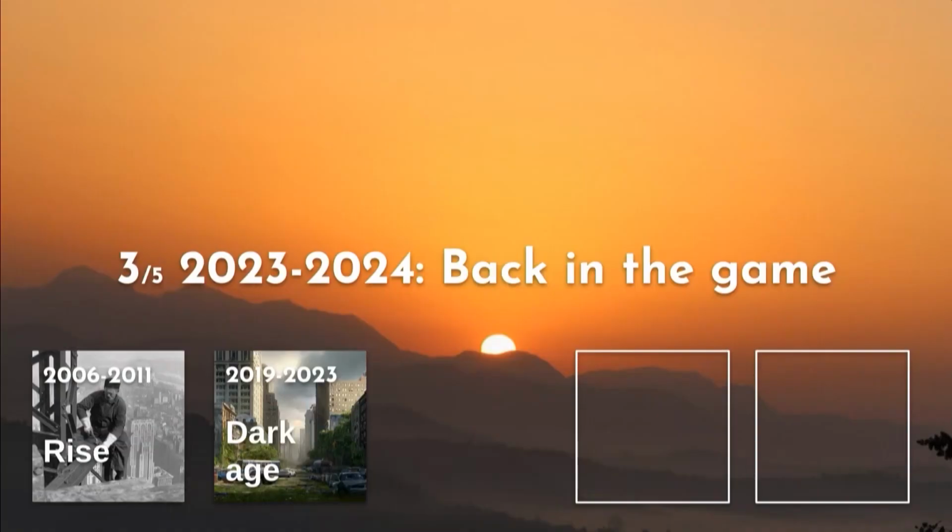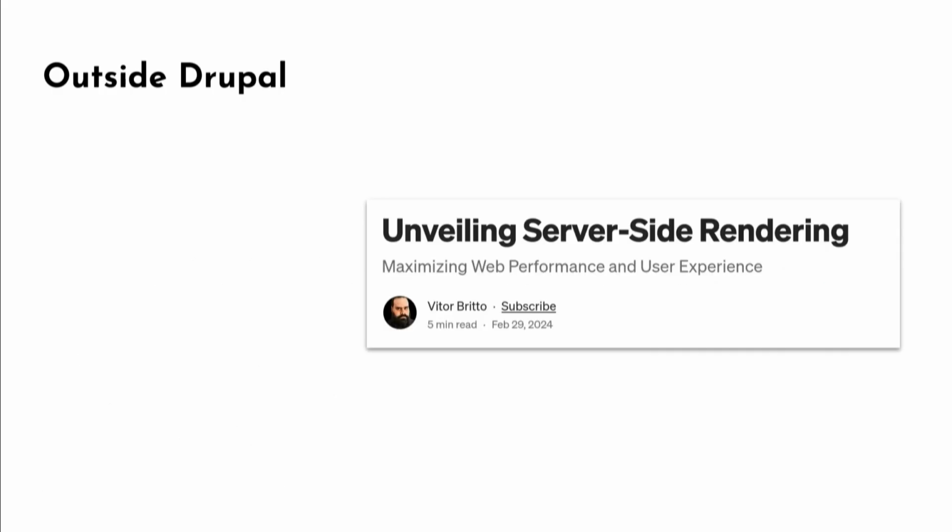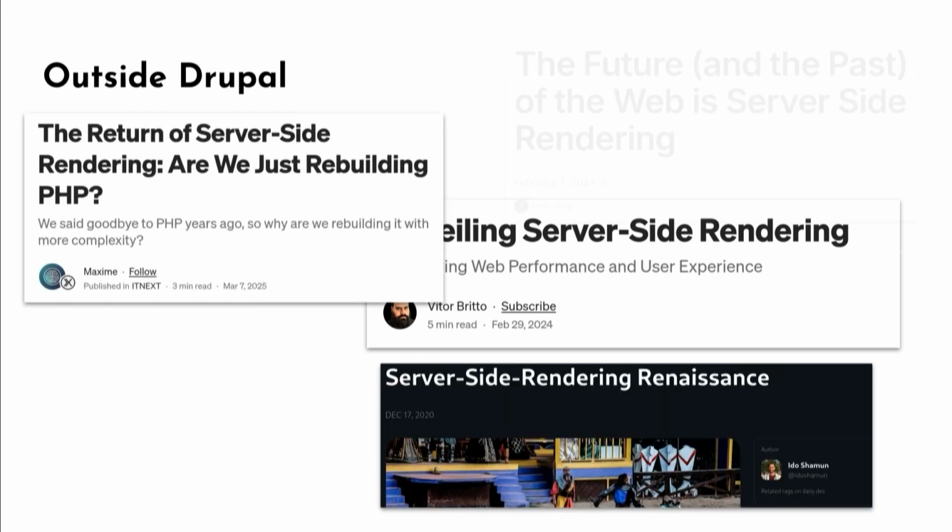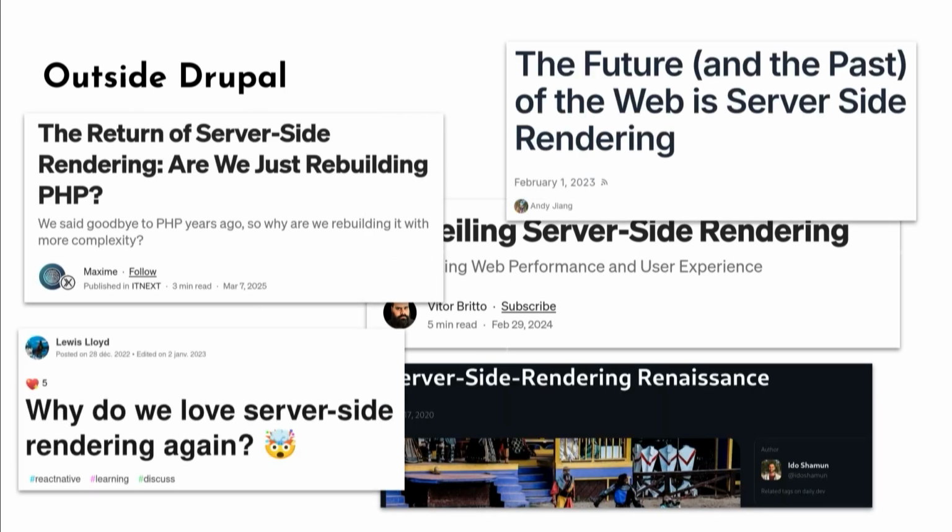But the dark age is over. I feel it. And I feel it for three reasons. First, there is something on the web happening now. It's been two years, server-side rendering is cool again. And there are so many articles, and sometimes very deep and interesting articles, about doing server-side rendering again, and getting better performance, better maintainability, better compatibility, better everything by moving the rendering back to the server side, including in the JavaScript world.